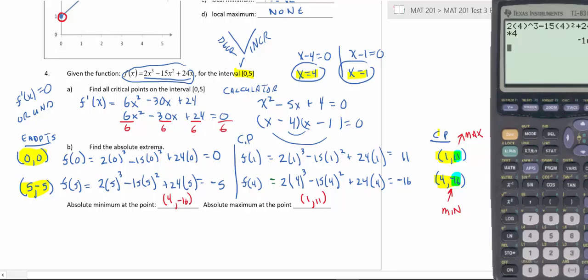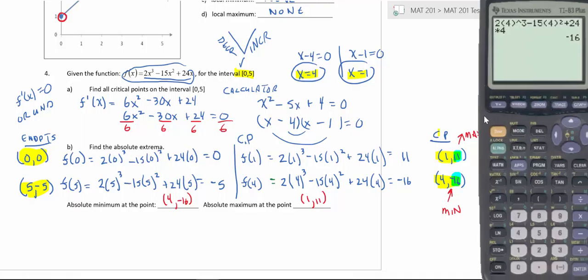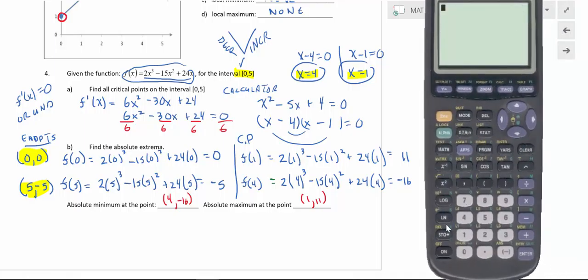Now, I would want to see all this work on your problem to get credit. Although I'm letting you use a calculator to assist you with arithmetic, what I'm wanting you to do is check your answer, and I'd certainly encourage this, so it doesn't take very long to do that. So I'm just going to put the function in, which is 2x to the third minus 15x to the second